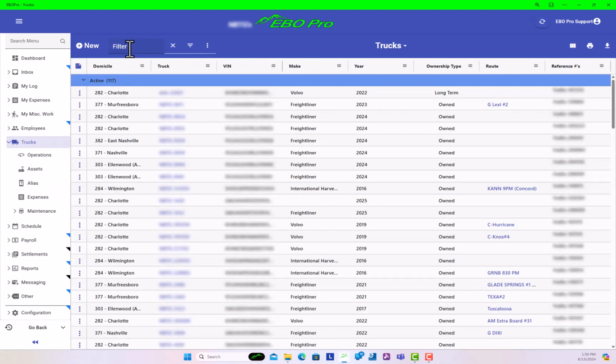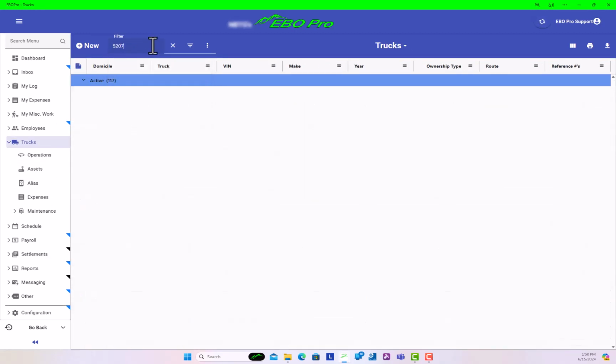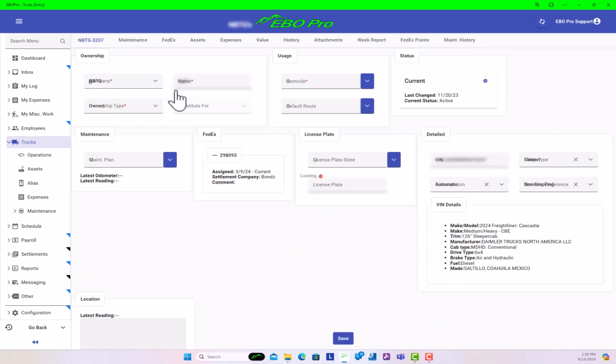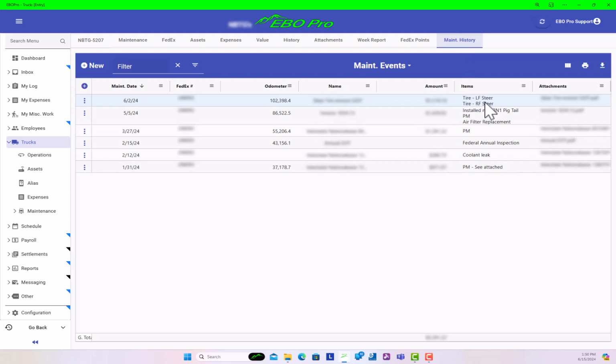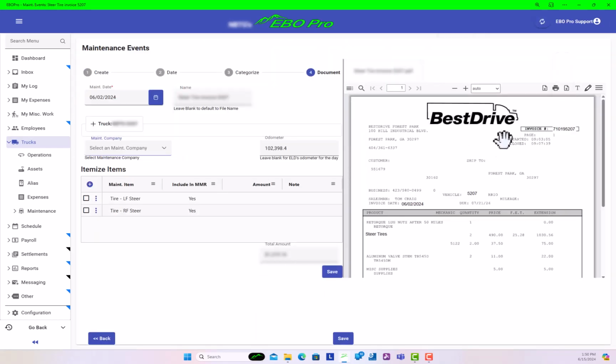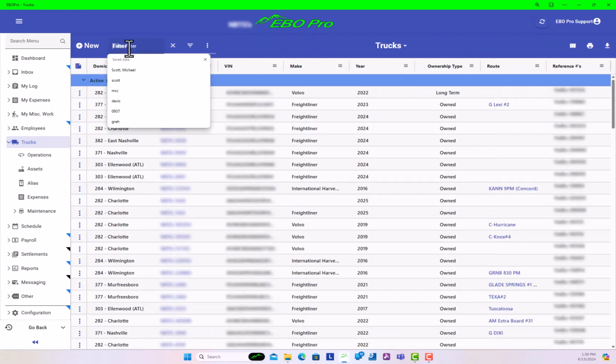If you go to trucks, one of the places it's going to be is you look up your truck, open it up. If I went over to maintenance history, here's my left and right front steer tire, and here's everything else that's ever been done on this truck. If I wanted to see that invoice that I just added, I just double click on that, and I'm back here where that same exact invoice we just were. And you'll notice that the odometer is now filled in because it pulled it from this date. That's one of the places where you can see it. It's always on this listing here